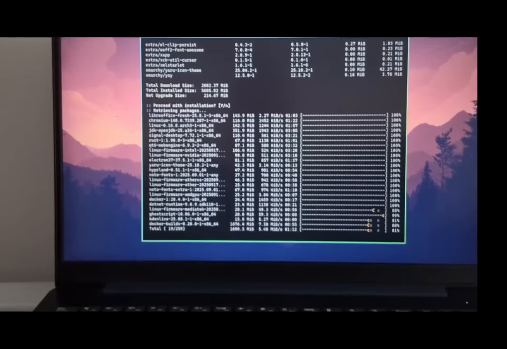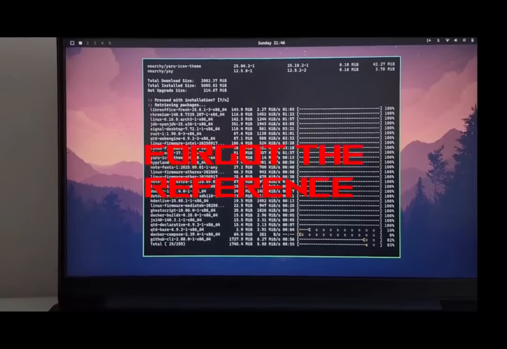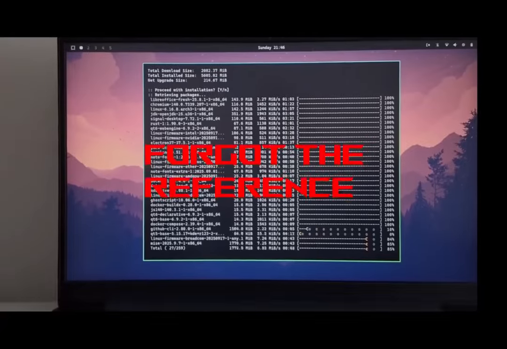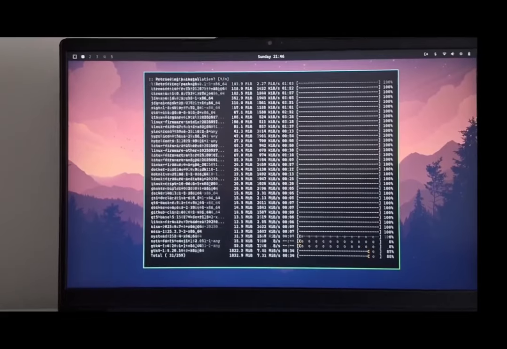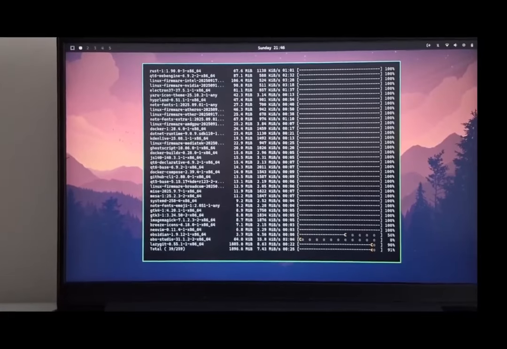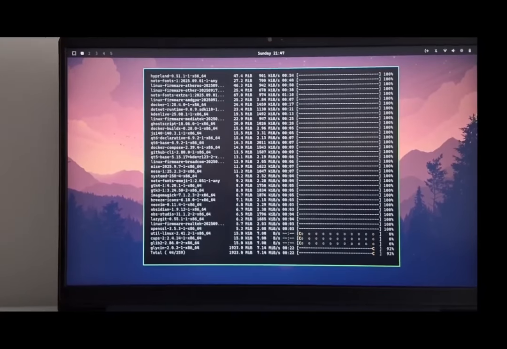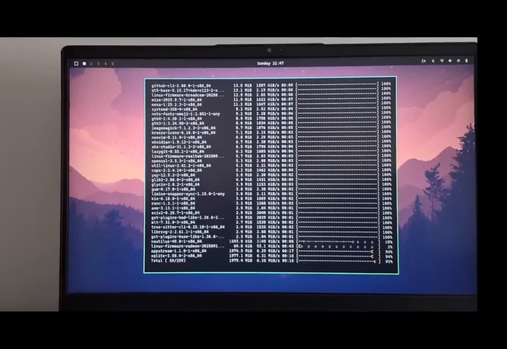There's one thing I want to point out to you. While watching some other people, and I will leave a reference popping up on the screen right now, some people have questioned how this has been done. I think DHH and people at 37signals have rewritten certain parts of the code to make it an ISO, number one, and number two, to change it to their liking. So obviously, it's not really an Arch-based system like that. It's a custom